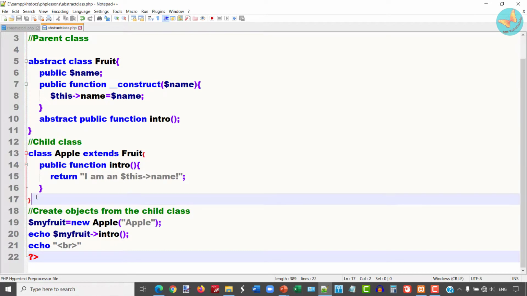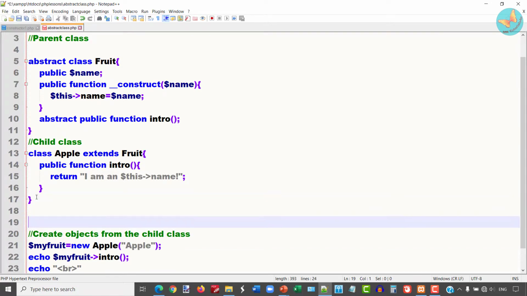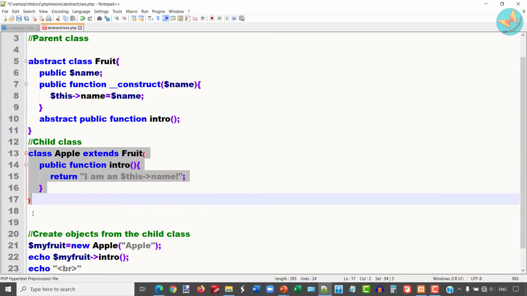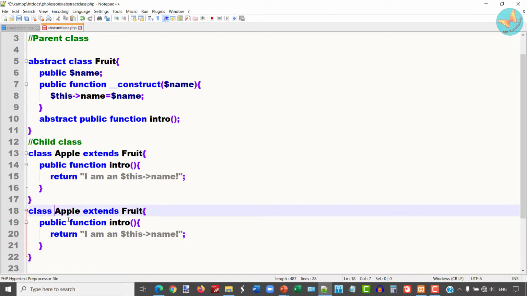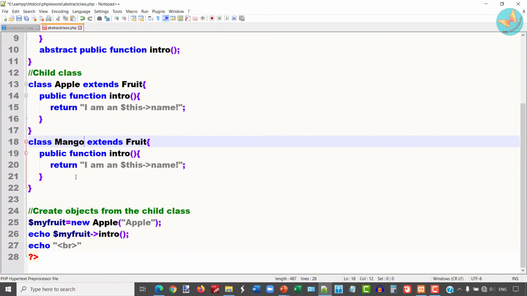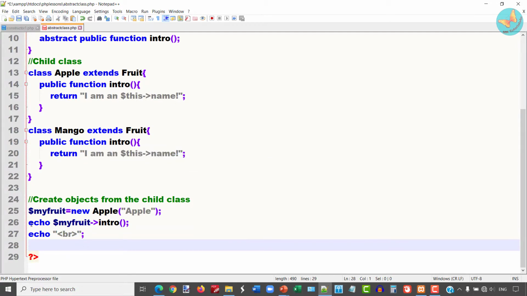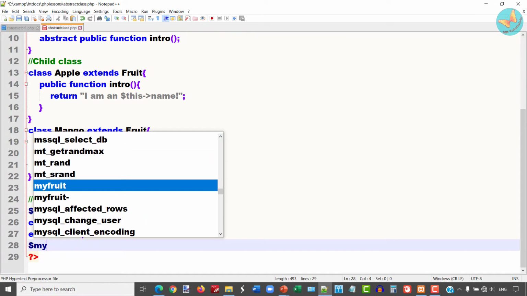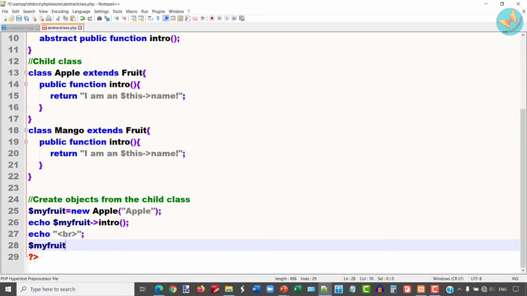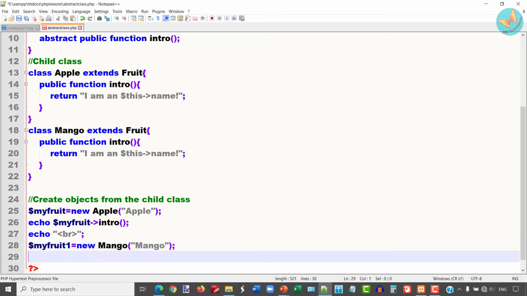Now let us create one more child class. Suppose I'm going to create one mango class. So I'll create here class mango, and I'll keep the intro function body the same. But now here again I'm going to create one variable called $myfruit1 equals new Mango, and I'll pass the value mango.